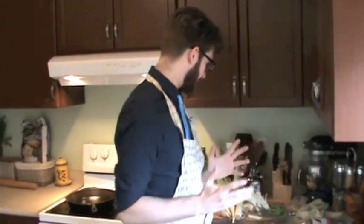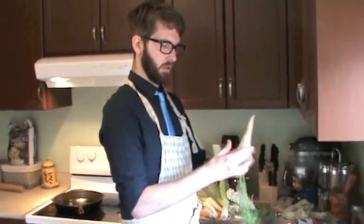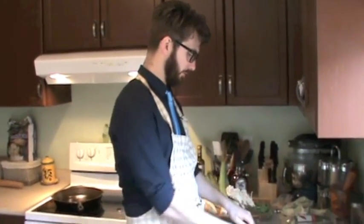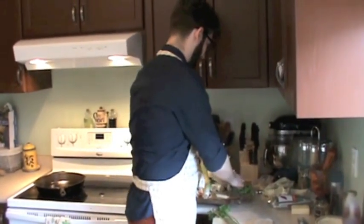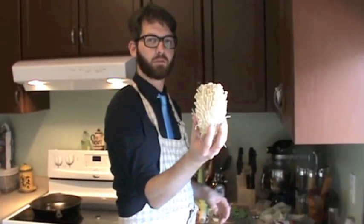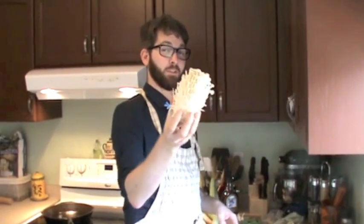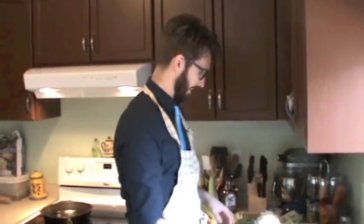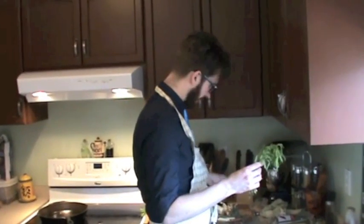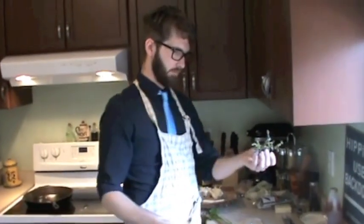So for the tart filling, or topping rather, I'm going to do 1 medium-sized parsley root, 2 cloves of garlic, one pack of enoki mushrooms. These are grown in Ontario. Actually, there's a farm in Milton. And if you check out episode 2 of Farm to the Table, I was actually there. So check that out. I also have some fresh tarragon, about a generous bunch, a bunch of thyme,